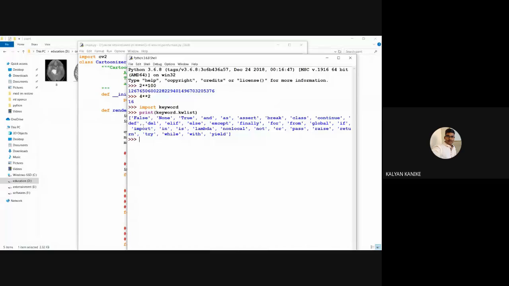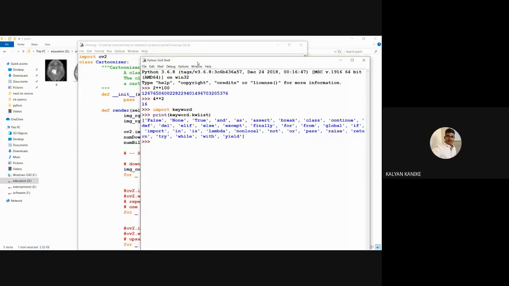Okay, so here False, None, True, and, as, assert, break, class, these are all inbuilt keywords. For each and every inbuilt keyword, individual advantage is there. So individual predefined commands will be there. So whenever we are using this one, what is the output? So like that, predefined information is there already. Okay.